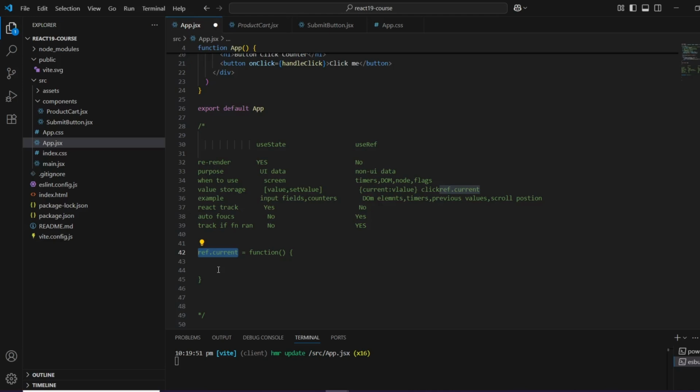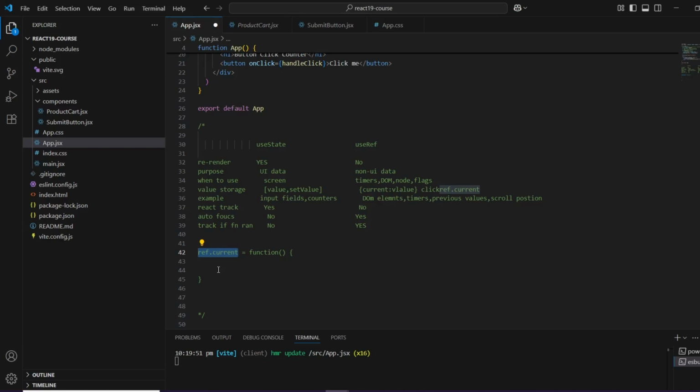Now the second thing is you can use ref instead of useState to build super fast forms, right? If you want to make your form super fast, then you can use useRef instead, because it avoids a re-render on every keystroke. As simple as that.